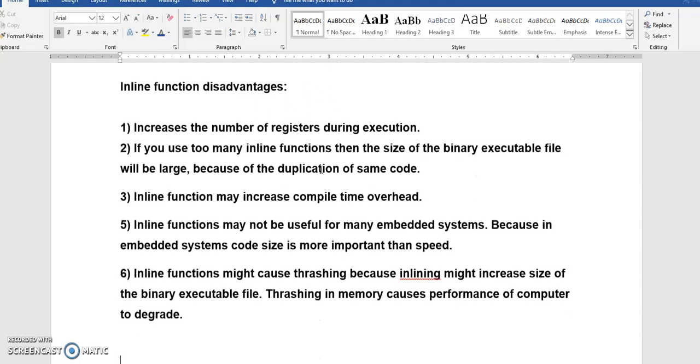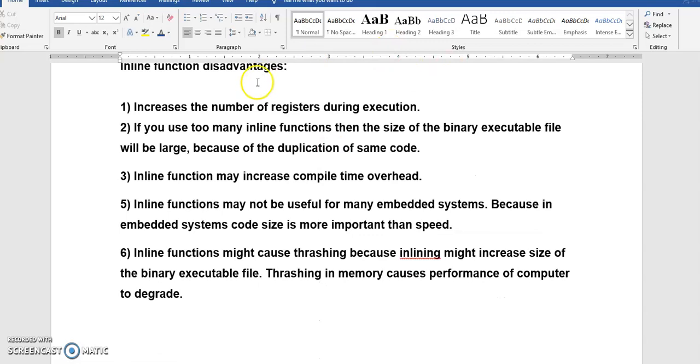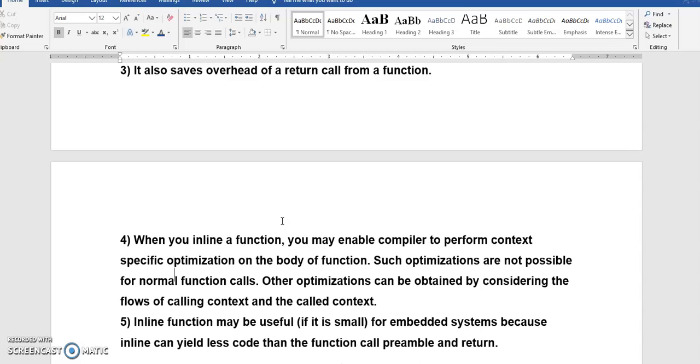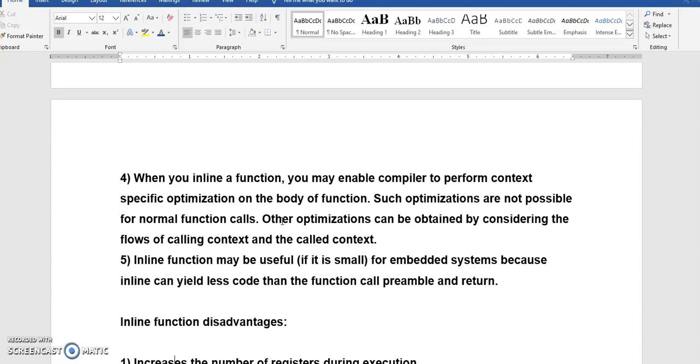But the disadvantages of inline functions are that they use more registers during compile time, and if you use too many inline functions, the size of the binary executable file will be large, and inline functions may increase the compile time overhead. It may not be useful for many embedded systems. If the code size is very much increased, it may not be used, because an embedded system is used only if the code size is small.